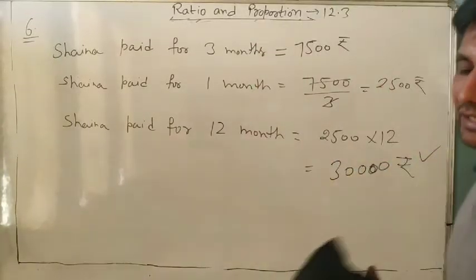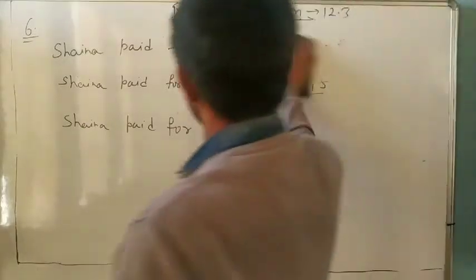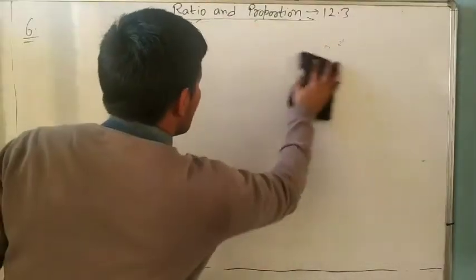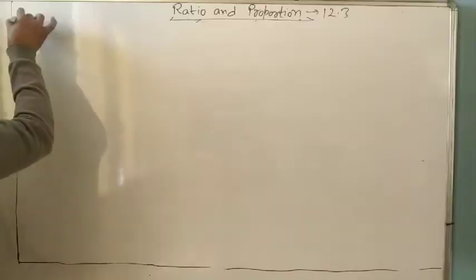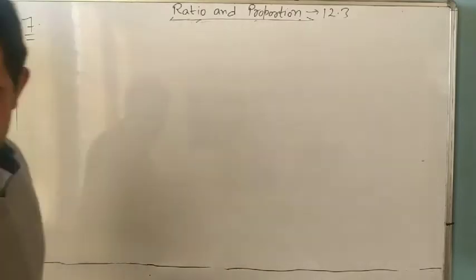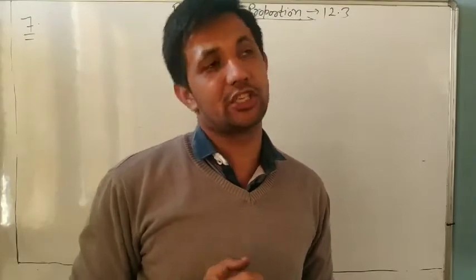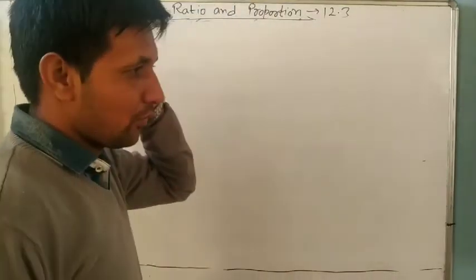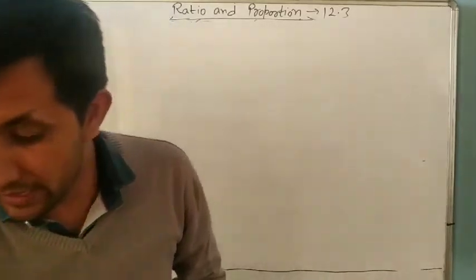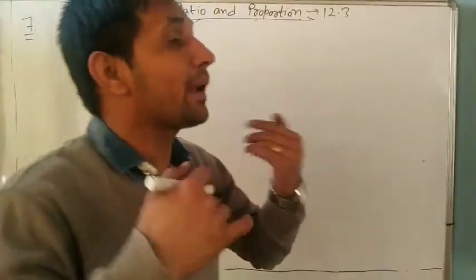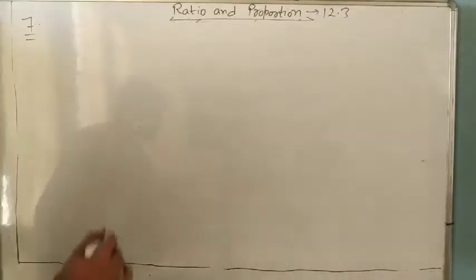Okay. Next is question number 7. You only have to identify what we want to find here. Read question number 7. Cost of 4 dozen is 60 rupees. So first we will check what we want to find. We want to find how many bananas. I am writing the question.